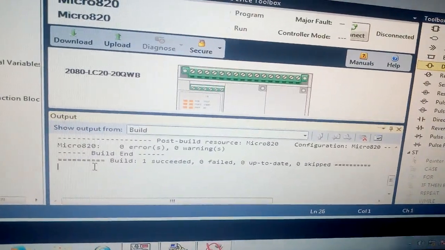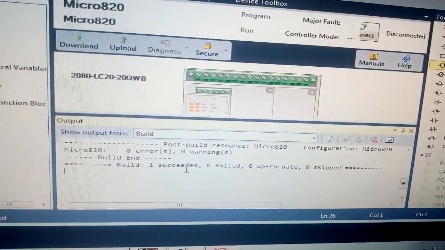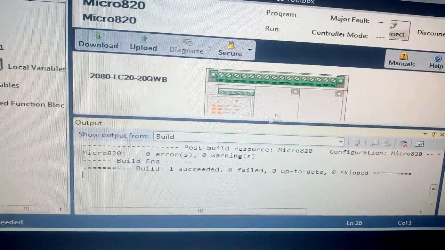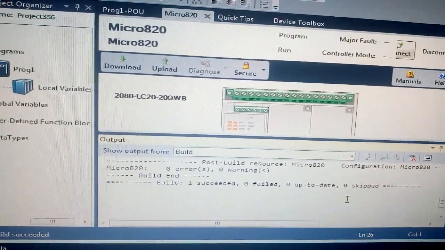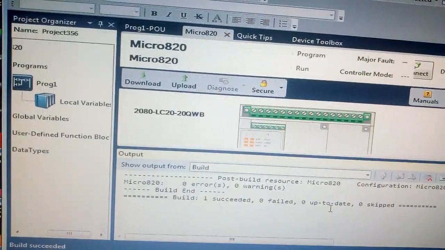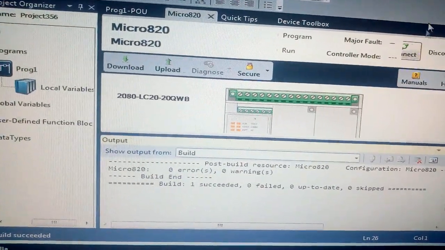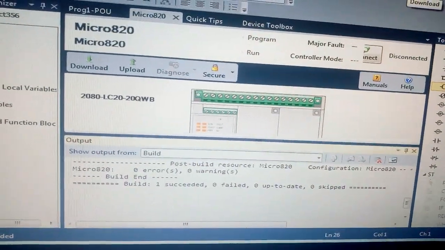Now here you can see build 1 succeeded. Whatever ladder diagrams we have built have succeeded, and 0 have failed and 0 have been skipped. Once this has been done, we need to click on this download button.